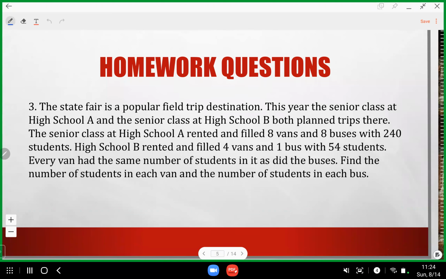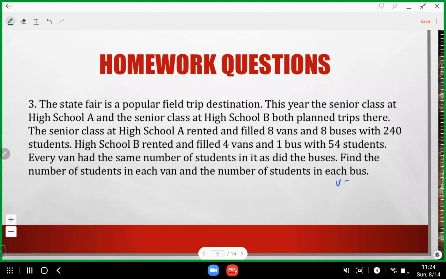Well, you can see that High School B has significantly fewer students than High School A, right? Every van had the same number of students in it as did the buses. Find the number of students in each van and the number of students in each bus. All right, so let's say V is equal to the number of students